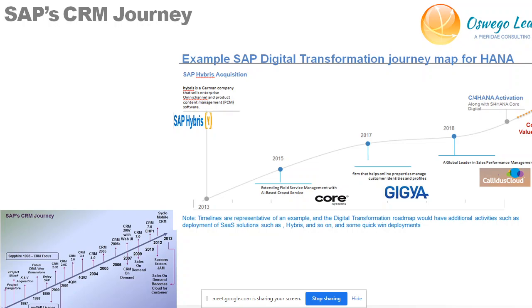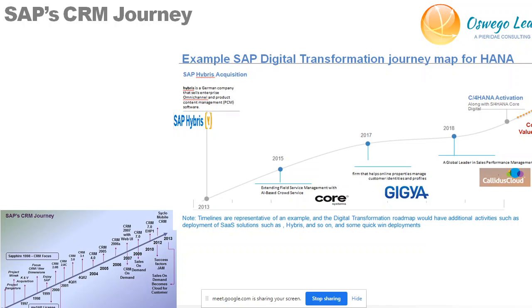So they acquired many organizations like Core Systems. They acquired SAP Hybris. They acquired Gigya. They acquired Callidus Cloud, and they brought all the products under a single umbrella,